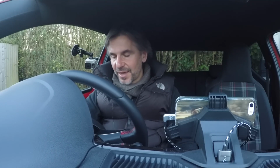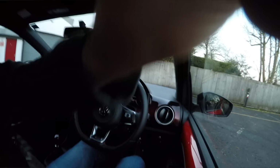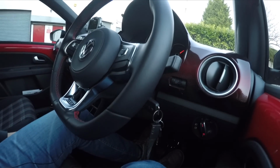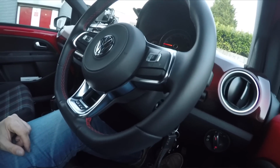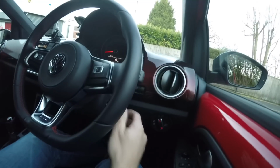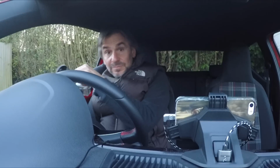So I'll just demonstrate that again. In fact, I'll take this GoPro off the window and I'll show you what I'm doing with the key, so you can see that the engine's off. So we will go into reverse, press the clutch all the way down, key off,